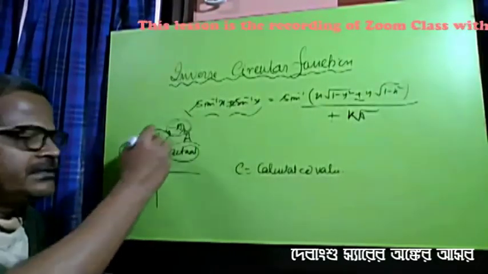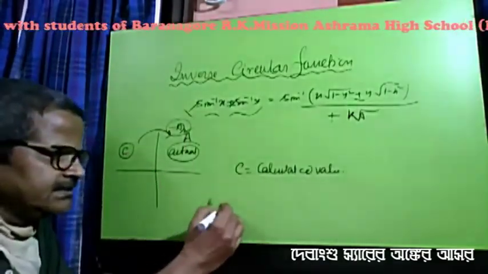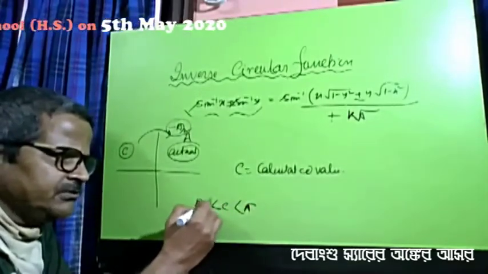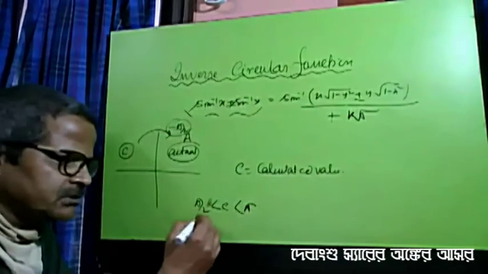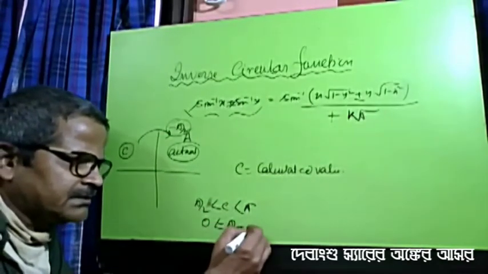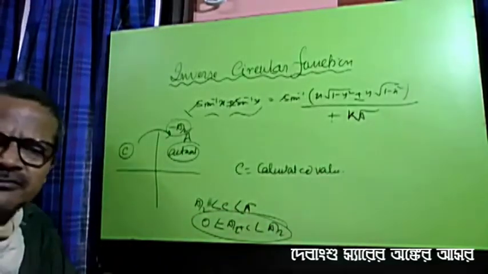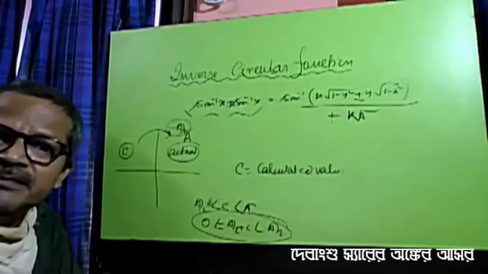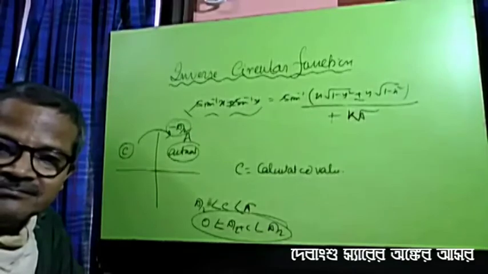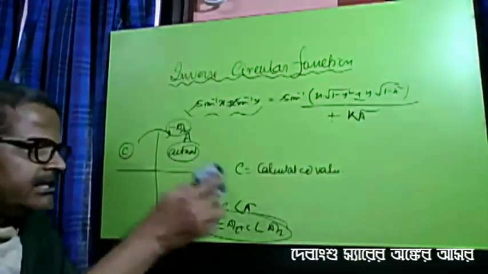I am adding pi by 2. It is more than, say, A. This angle C is less than pi, greater than pi by 2. If we add minus pi by 2 both sides, it is 0, less than minus pi by 2 plus C, less than pi by 2. First quadrant. It arrived at the first quadrant when minus pi by 2 is added. Sorry. That's how we reach from there to there.